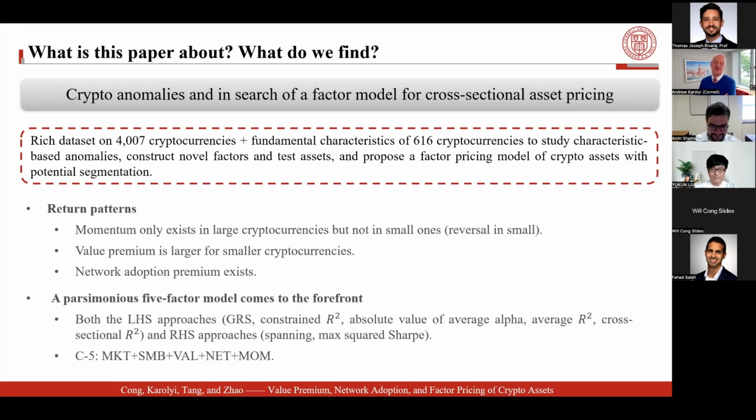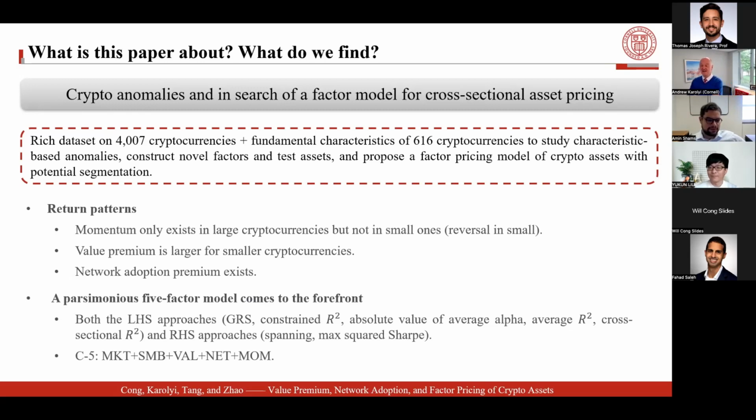It's really introducing to the literature an incredibly rich data set on cryptos, 4,000 plus, with fundamental characteristics across subclasses, just beautifully set up by Amin at the beginning. And it's basically invoking traditional, straight down the middle, true blue asset pricing techniques to understand these factor structures, essentially descriptors of this broad cross-section and time series, typically over a 5-year period in this particular paper. We're going to look at return patterns.